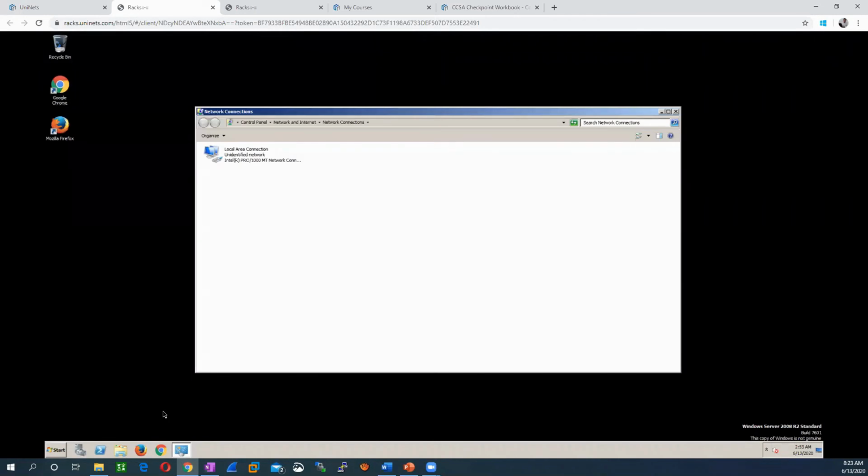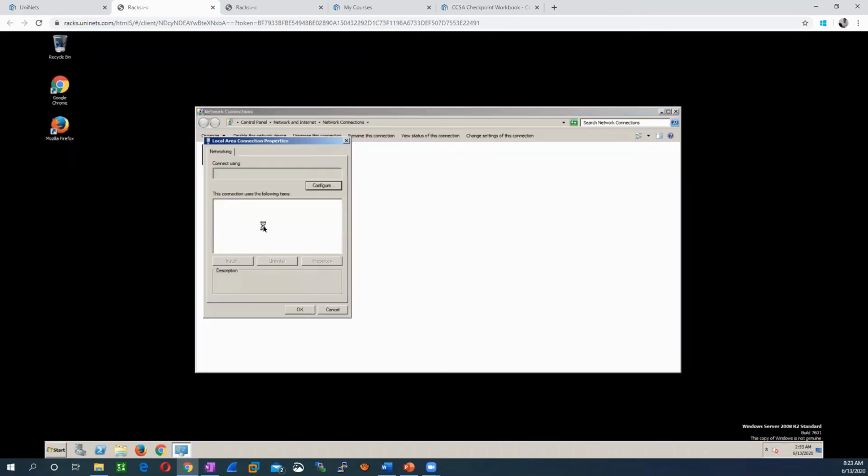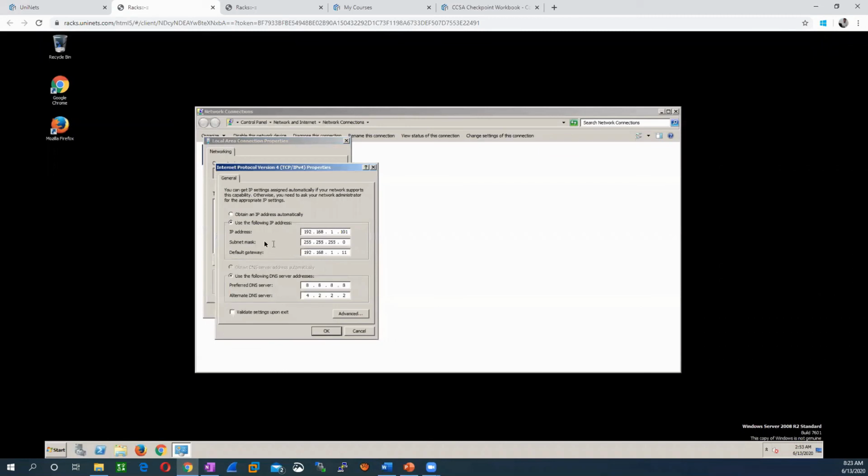We need to assign an IP to this server in the same range. If I open the network settings of this device, I can run the command ncpa.cpl to open the network settings, and we can check what IP address has been assigned to this machine. So IP version 4, then go to properties.